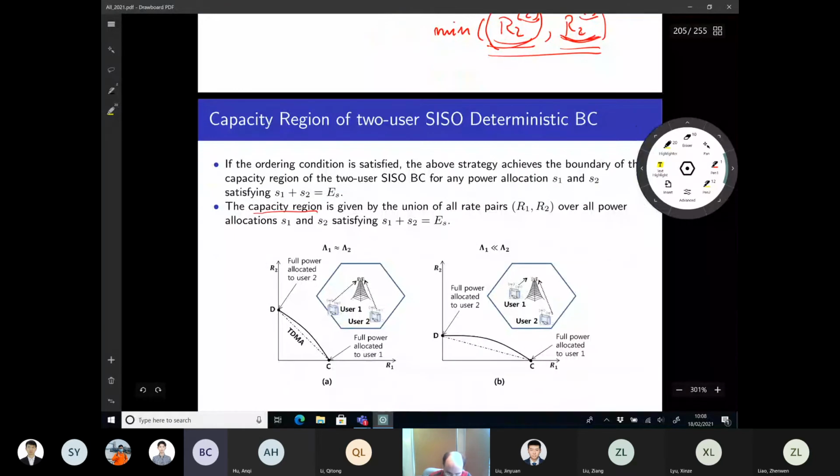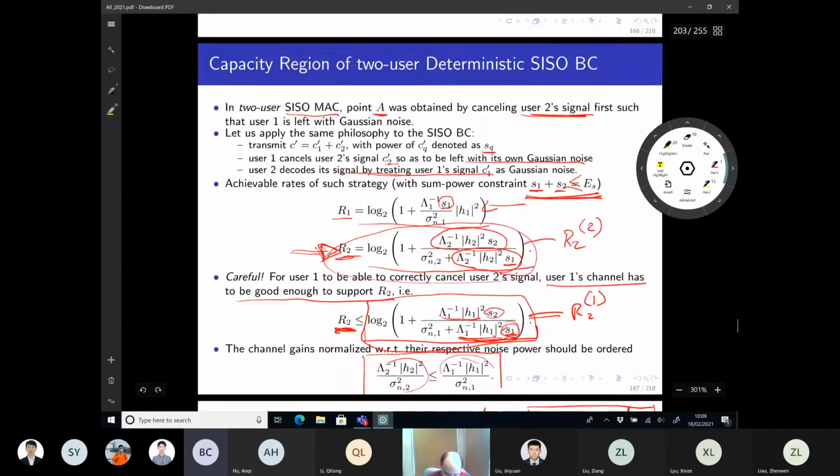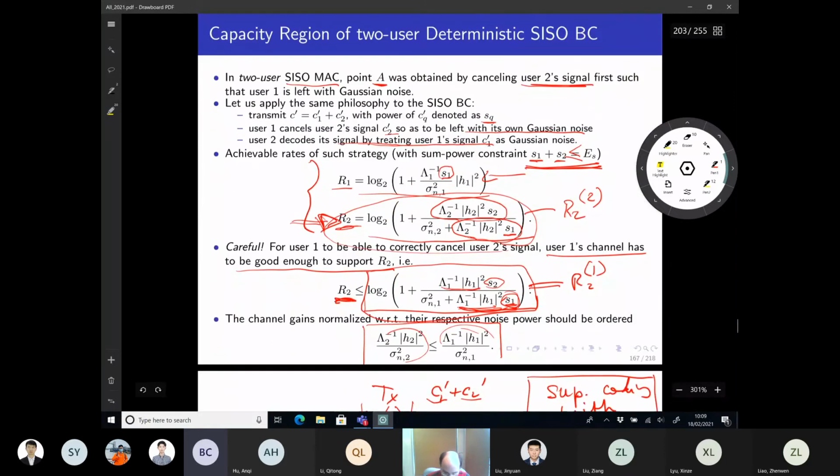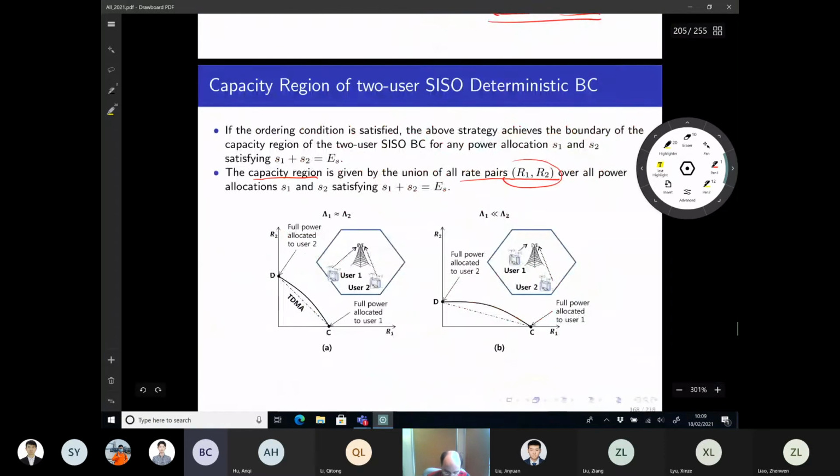Now the capacity region will be given by the union of all rate pairs R1 and R2 that are given by this, right? Under the assumption that user 1 is stronger than user 2, those rates will be achievable for any values of S1 and S2, right? And if you change the values of S1 and S2, you will then obtain the boundary of this capacity region, which will be obtained by varying S1 and S2 such that you have